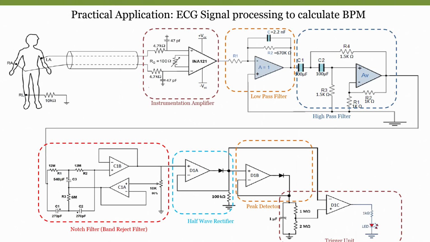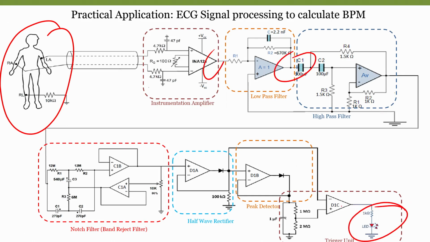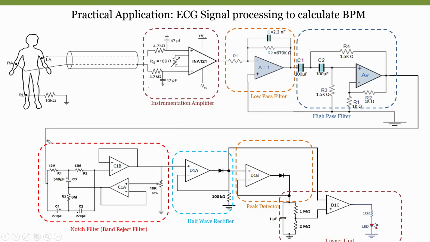Now we will actually see how these electrodes are placed, how each of the circuits can be integrated, and what signals we get at the output of each circuit. Finally, we will see the beats per minute with the help of the complete electronic signal conditioning circuits. Let us see the experiments now.